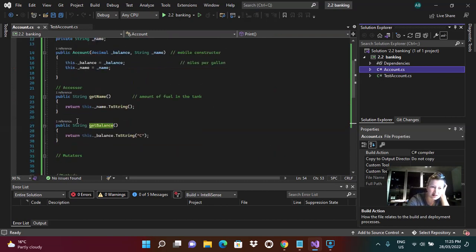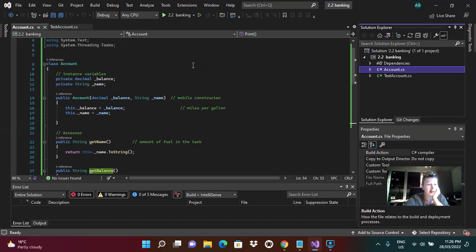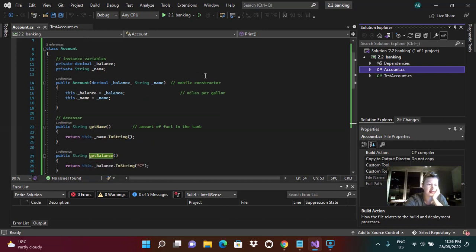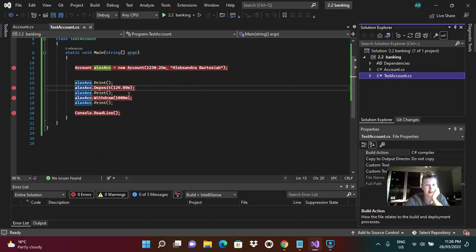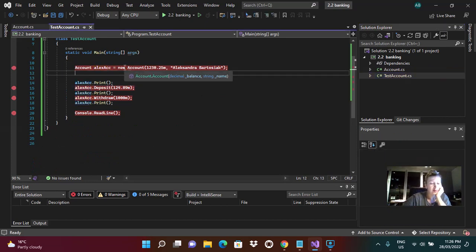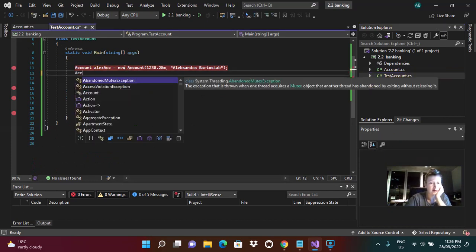They have different syntax, but the fields, which are basically our variables, are owned by the class, right? And variables defined directly in the class are shared by all objects. So if we create another instance,